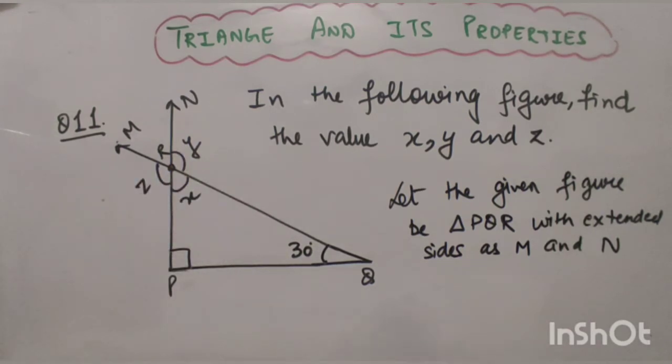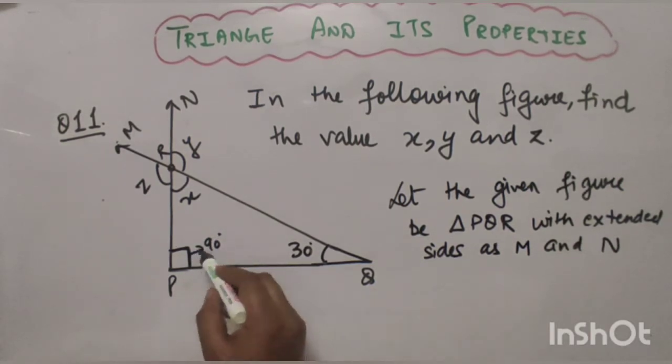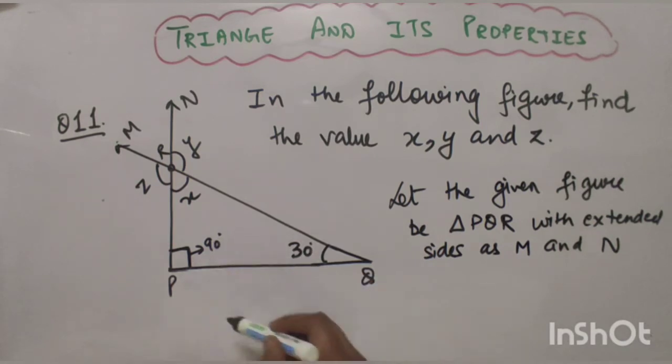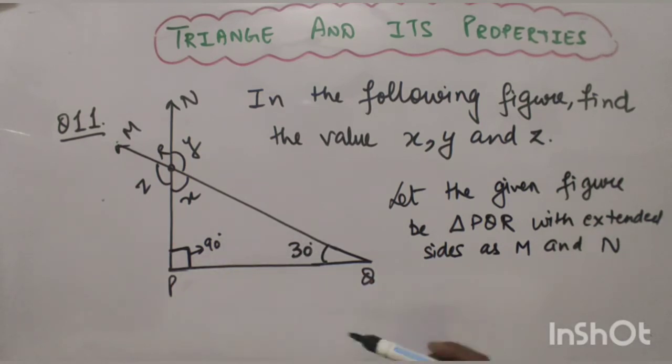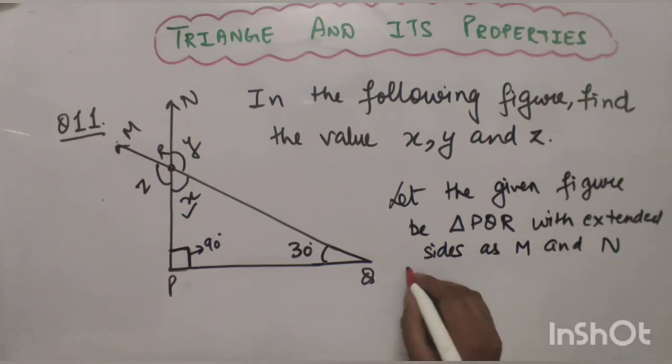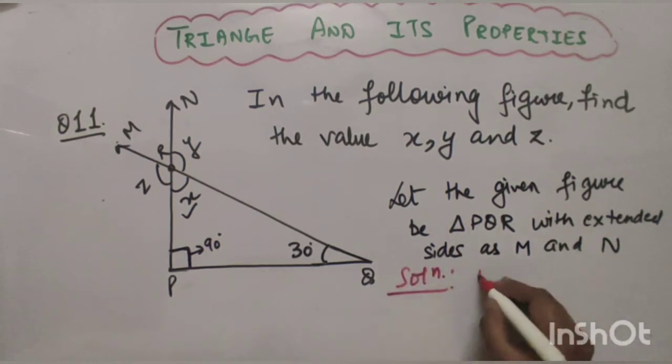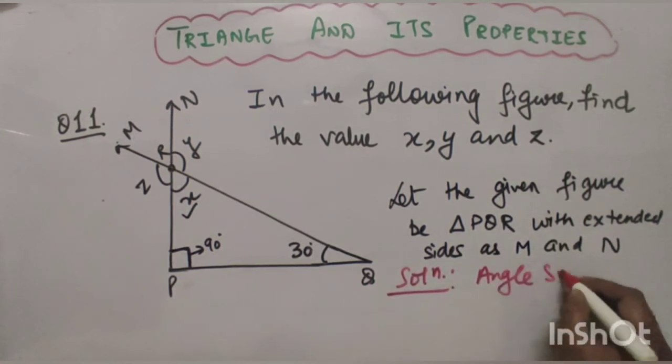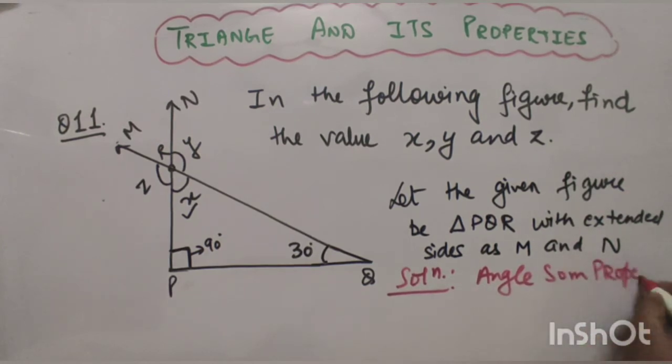So the very easy thing that we can see here is the symbol, and this symbol means this angle is of 90 degrees, and wonderfully we have two angles of a triangle with us. So it is not a difficult task to find out the third angle. So I know which property has clicked in your mind. Yes, you people are right. So the property which I am going to use here is the angle sum property of a triangle, right?